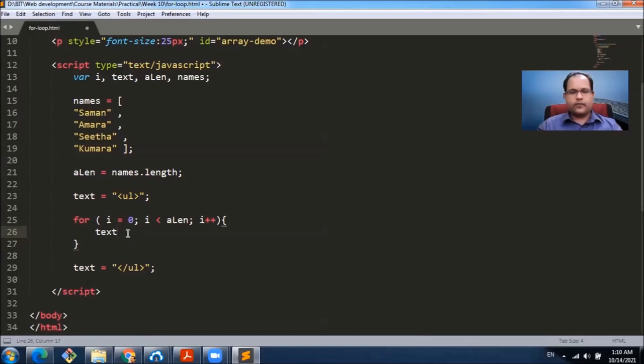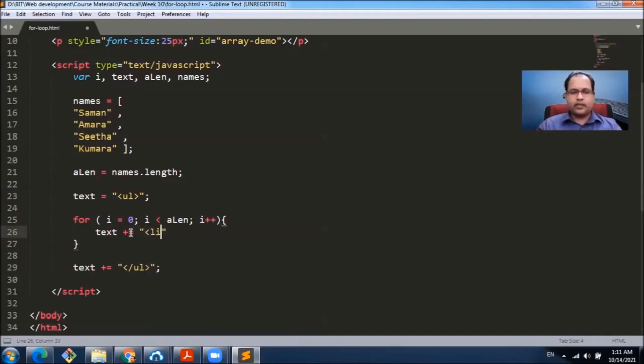To do that, we will concatenate. Now here we have to use the concatenate symbol, otherwise it will overwrite all the text. So here it's okay because no text has been assigned before. And inside here also we have to use plus equals.